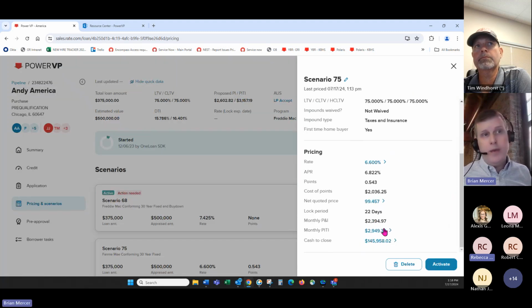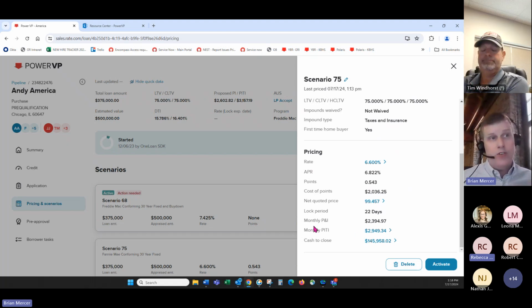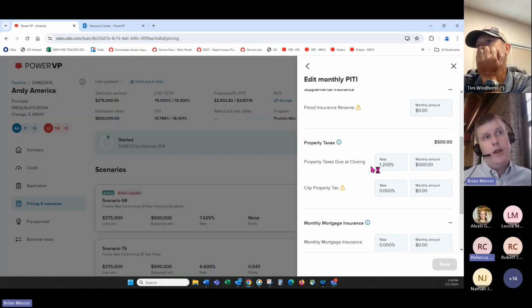And if I want to edit the PITI or edit the cash to close, I can do so here. Now, this is kind of a theme within Power VP. Anytime you see something that's in blue, that means you can click on it and expand it out to more functionality. So if I click on the blue PITI of 2949, I can then go in and edit my